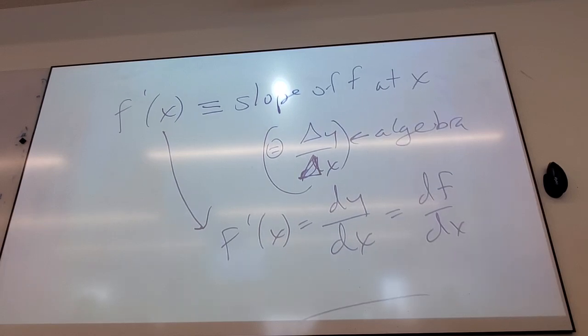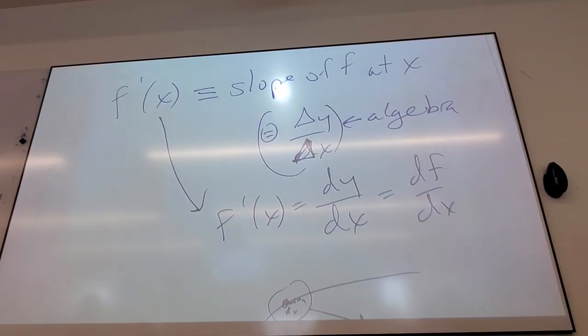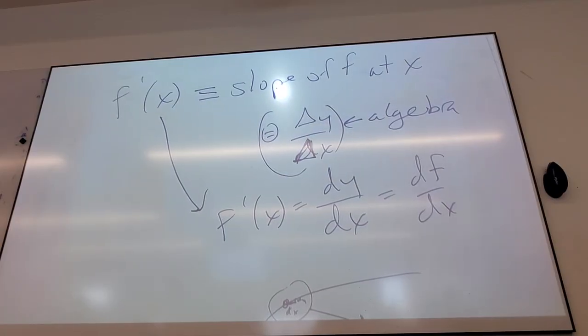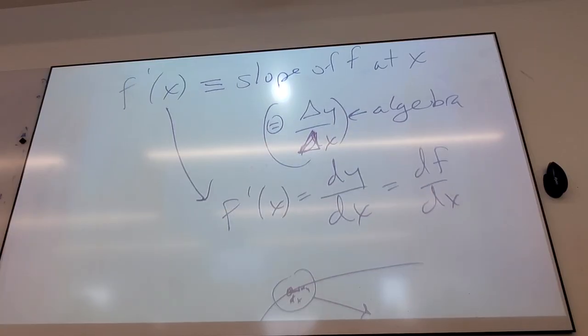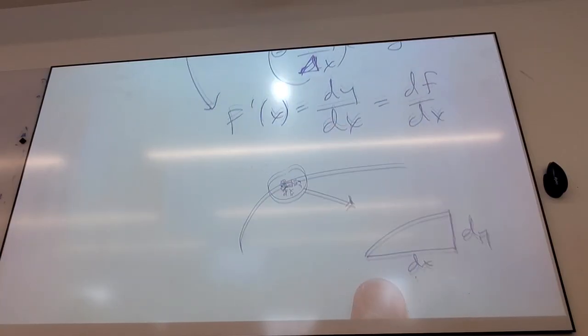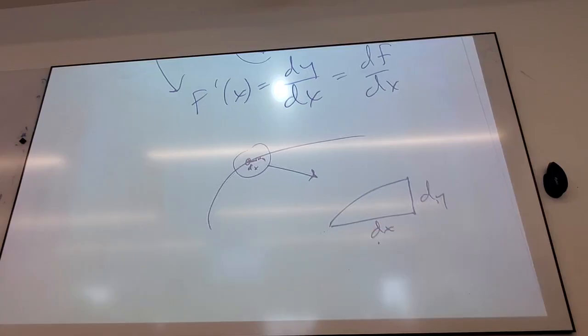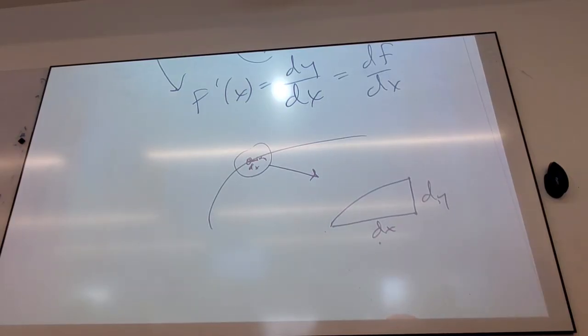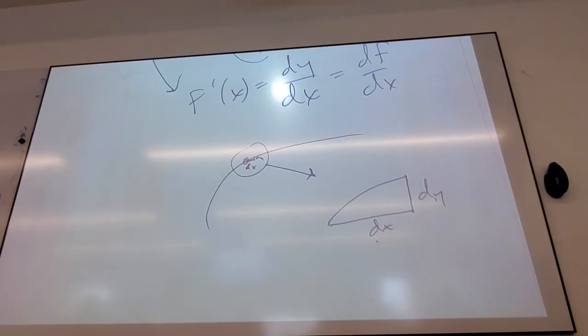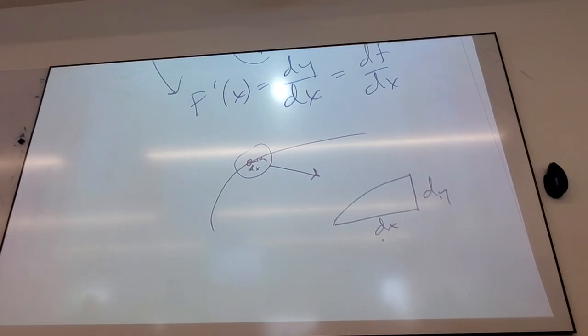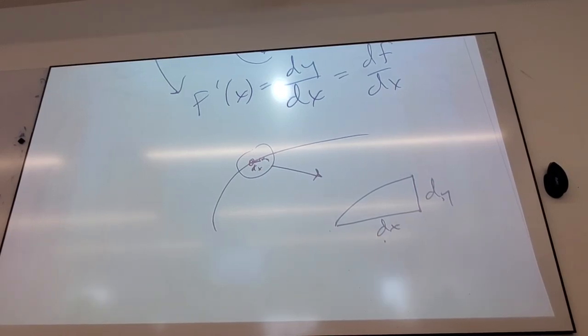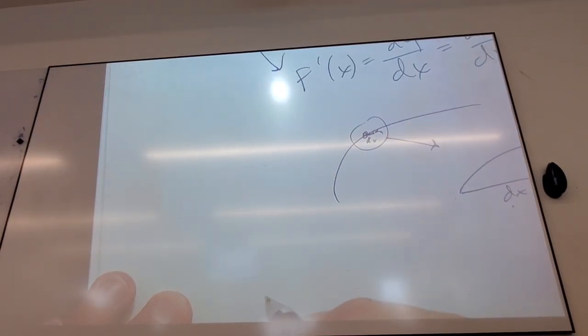So if I have a function and I let x change by a little bit and y change by a little bit, if I blow that up, dy dx is the derivative. This is way too big of a scale. It's got to be infinitesimally small, but I'm not going to try to draw that for you. Yes, I will. Here it is. You ready? There it is, right there. I just drew that picture, and this is it blown up to impossible scales. So all I'm trying to say is, if my